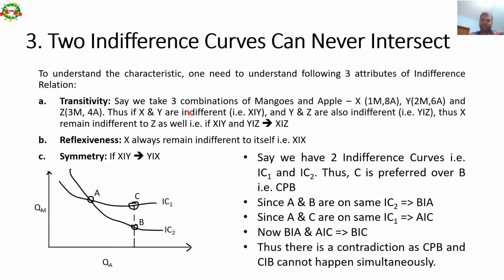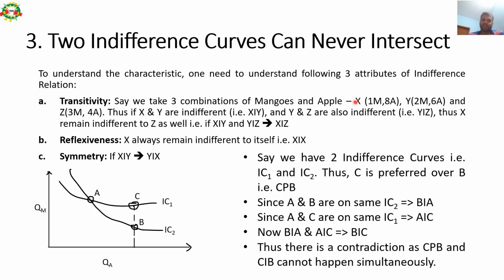Say we take three combinations of mangoes and apples. First combination is 1 mango 8 apples, second is 2 mangoes 6 apples, and third combination is 3 mangoes 4 apples. If X and Y are indifferent to each other, on the same indifference curve, and Y and Z are also indifferent, again on the same curve,